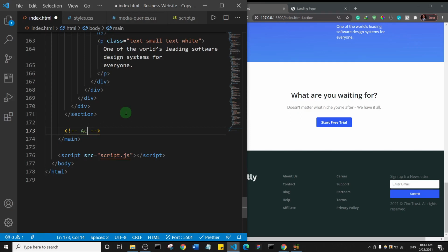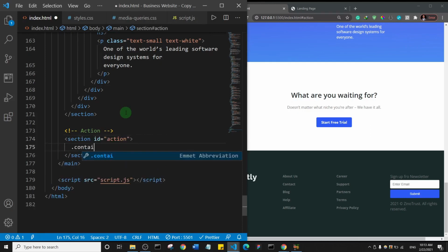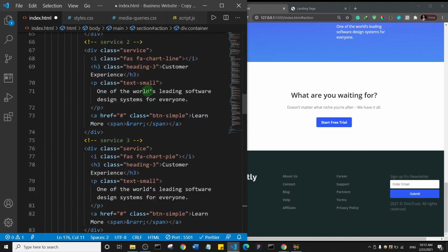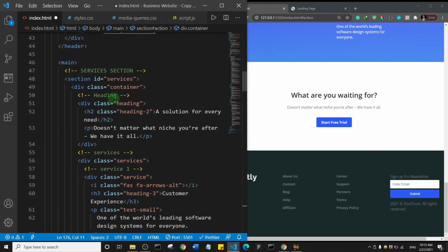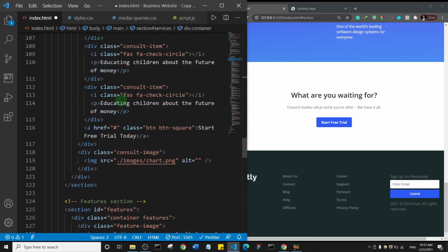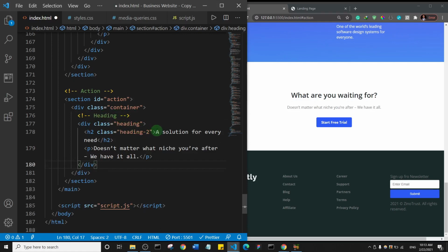So I'll call it action. Action in the sense that it's asking the user to do something. So section with an ID of action, and it's going to be inside the container also. Excuse me. Okay, so we're going to use the heading which we've used before in the services section. So let's just go up to the services section, this guy here. So you see this heading, we're just going to grab it, copy that, come down. See what I said is very straightforward. Paste that in, and we're going to change the content to,